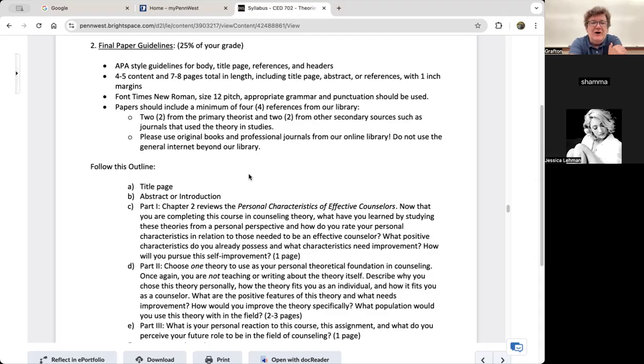So all right. That's about the main question most people have, about the references. And if you use journals or books from our library online, they should be fine. Do not use web pages or anything on the internet other than our library. You can use Google Scholar to look some things up and then paste them into the library and get them from our library.